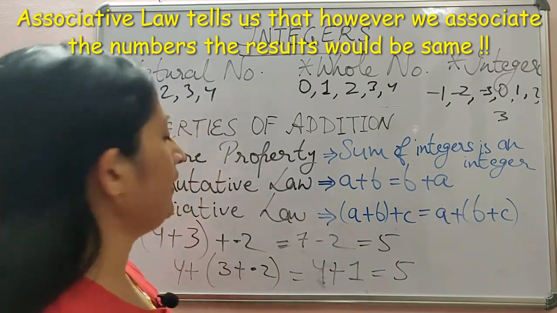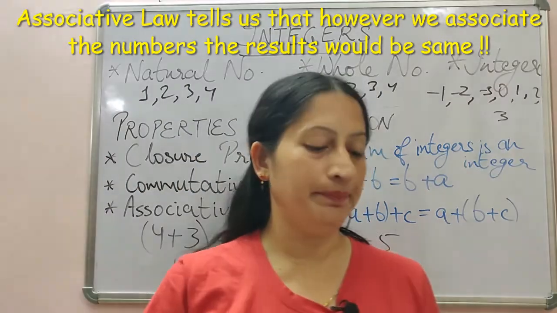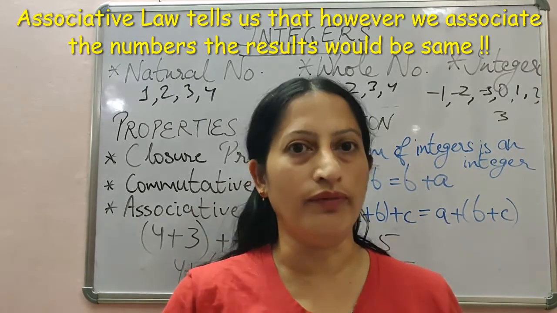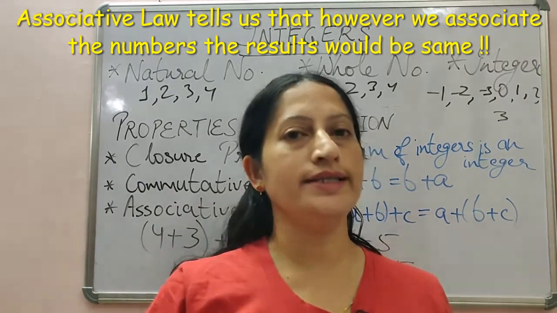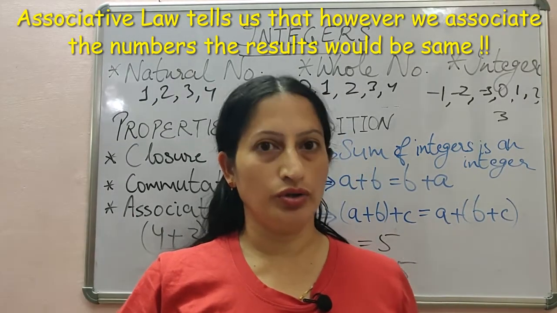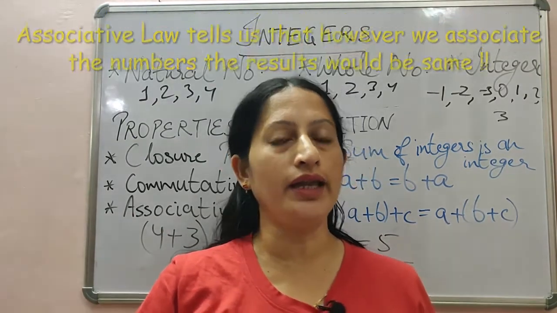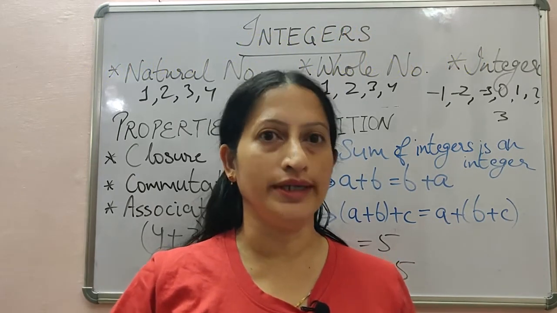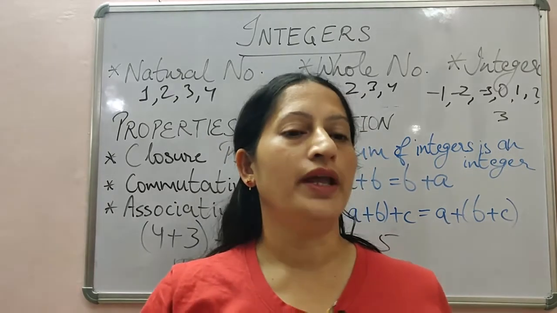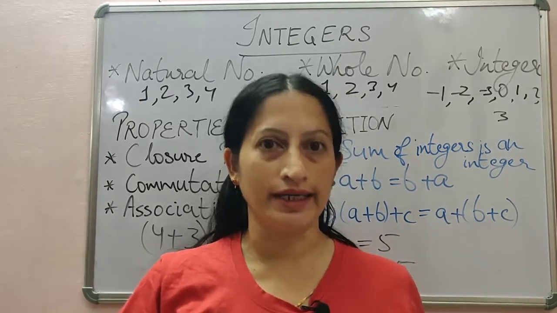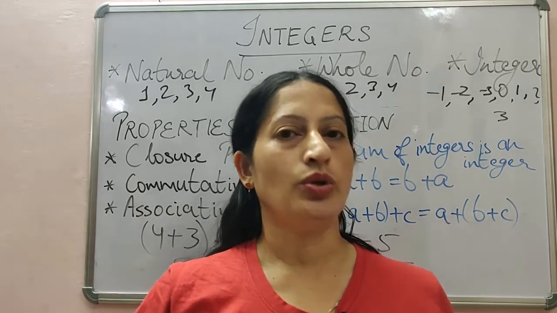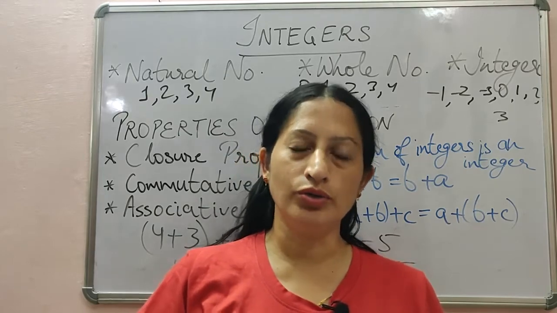So I hope students you have understood today the closure property, the commutative property and the associative law. So based on this, a number of problems you can do easily. So I will show you a few problems and then you can do it easily in your tests, in your classworks, which are there in your book and the various books, that is R.D. Sharma and R.S. Agarwal. You can do various sums. So let's go over to two problems.